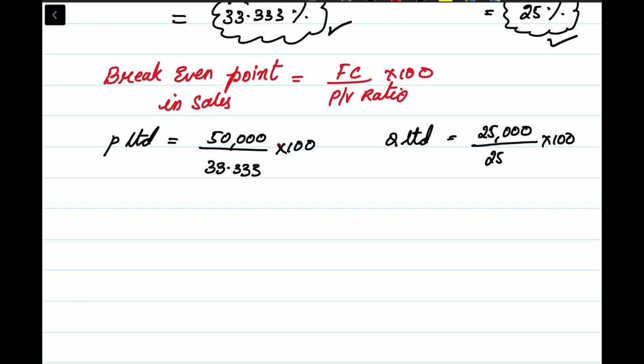So do it in your calculator, you'll get an answer. For P Limited, it's 1,50,000, and for Q Limited,